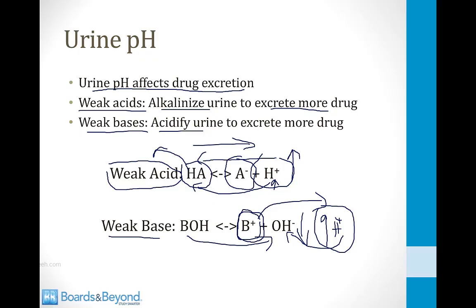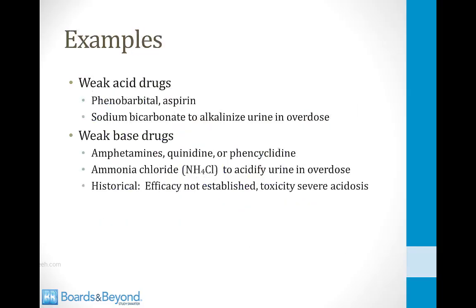And the easy way to remember this is just that you want to do to the urine the opposite of the drug. So if the drug is an acid, then you want to alkalinize the urine to get it excreted. And if the drug is a base, then you want to acidify the urine to get more to be excreted. So this does have a clinical correlation in some rare circumstances. There are a couple of drugs that are weak acids. Phenobarbital and aspirin are two of them. And if patients overdose on these, you can administer sodium bicarbonate to alkalinize the urine and increase the rate of